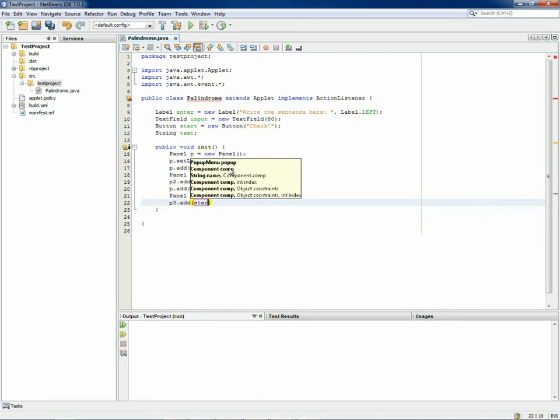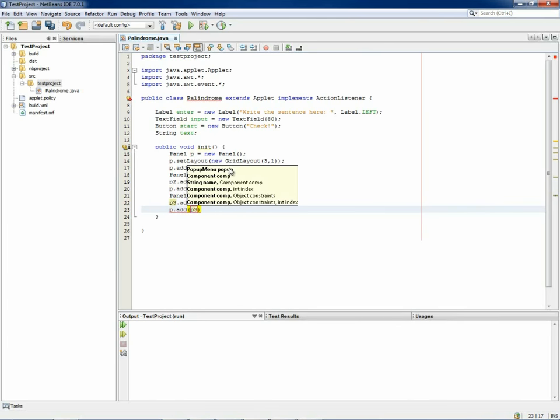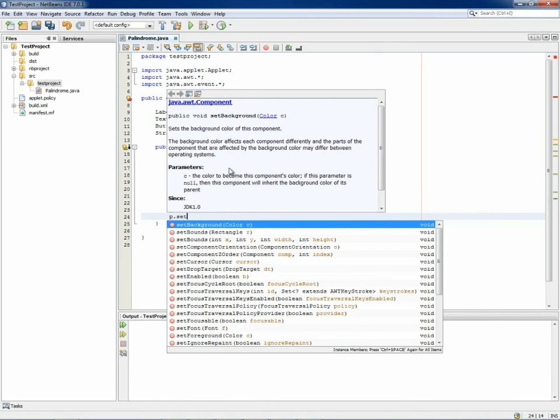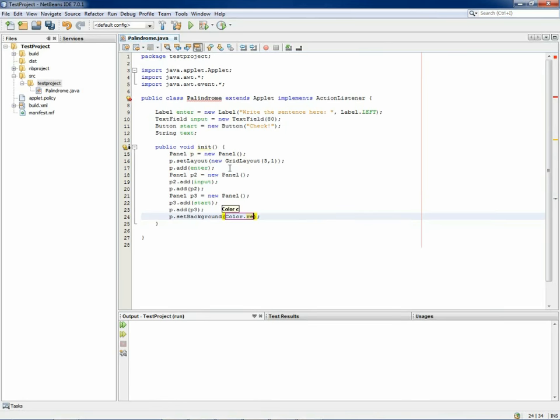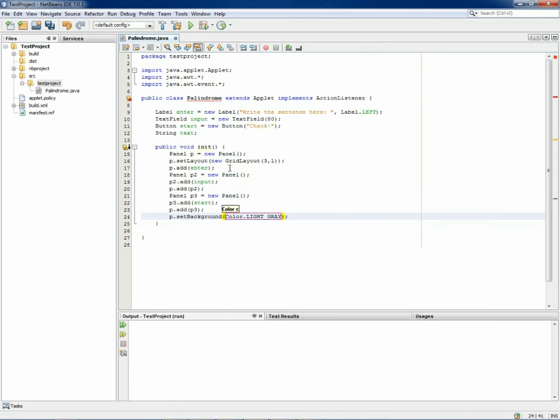Start. And I also add this to P3. Okay, that's it. Actually, I can set the background, for example, here. Set background color dot. Well, maybe it would be light gray. Okay,